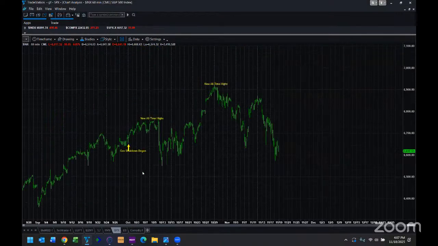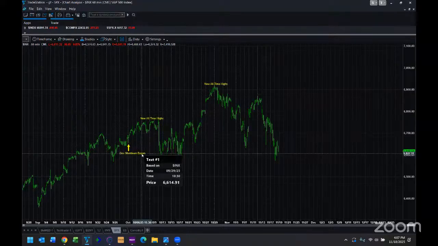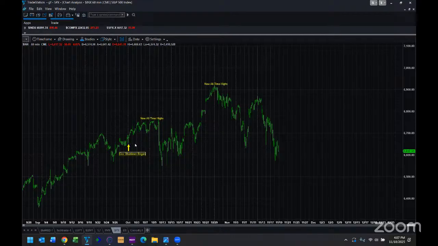Okay. Most people assume that if you get a government shutdown, the market's going to tank. Well, during the government shutdown here, the market ran to all-time highs. Yes, we got another correction, and then we went back again to all-time highs. The government opened here. I don't have it on here, but the government literally opened at the peak of this, and this is what happened.